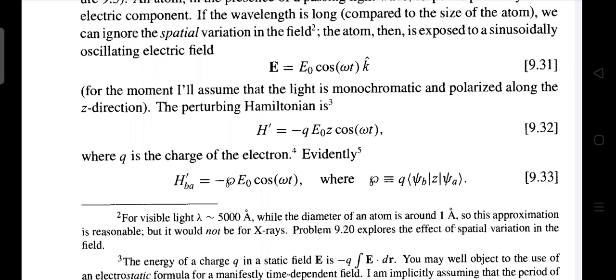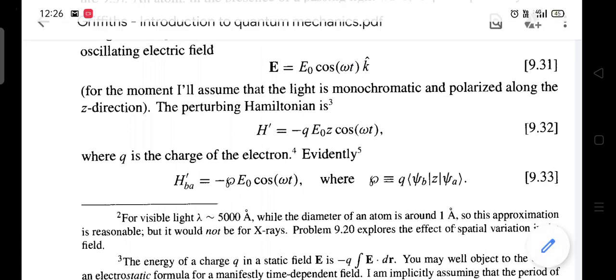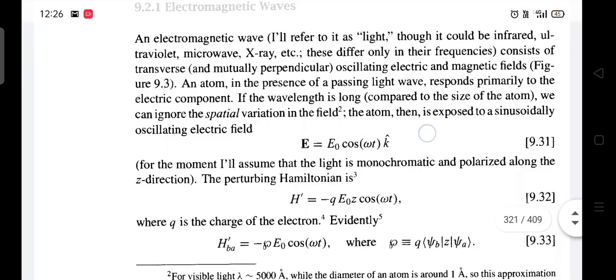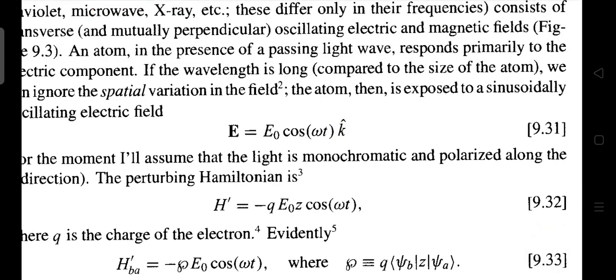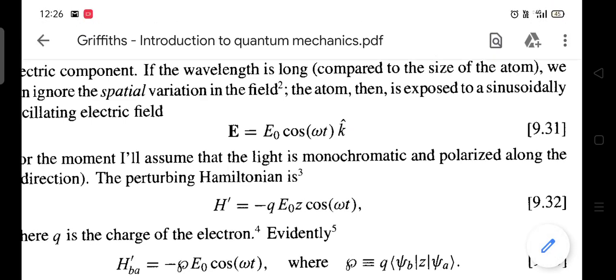If the light is polarized, the vibration is in one direction only, having one component, either in the x direction or in the y direction. The oscillation is in only one direction. This electric field is polarized light, because it has polarization along the x direction only. So the electric field is oscillating only in the x direction. If it oscillates in the k direction, x direction, y direction, then we call it unpolarized light. Remember. So monochromatic light means